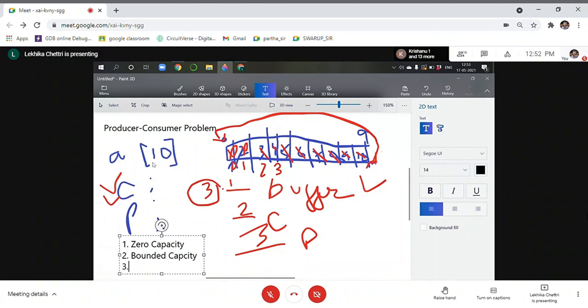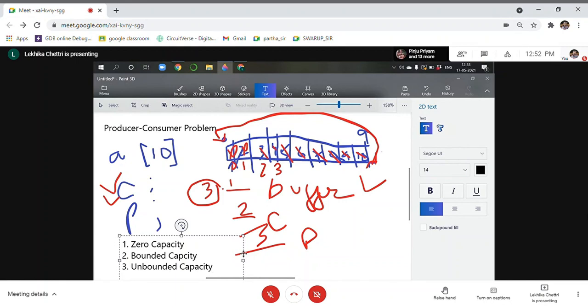The third type of buffer is the unbounded capacity buffer. This unbounded capacity buffer is a theoretical aspect.